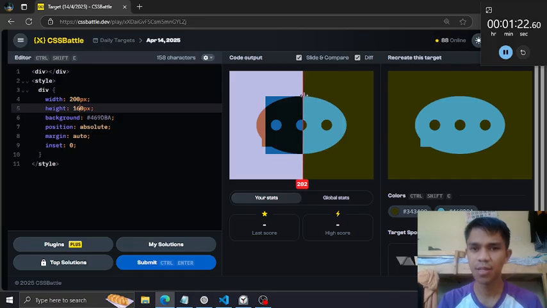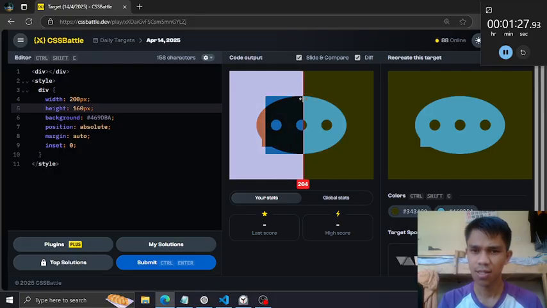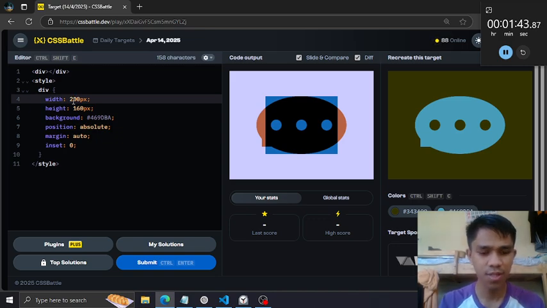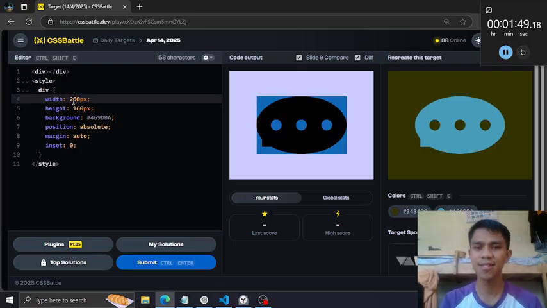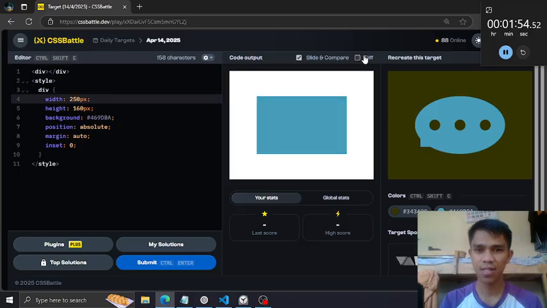What I'm looking at is this right here on the top center of this rectangle. As you can see, it is in line with the top center of the element we want to copy. Okay, now next is the width. So the same process, we need to increase this, but be sure to make it in line, just right.